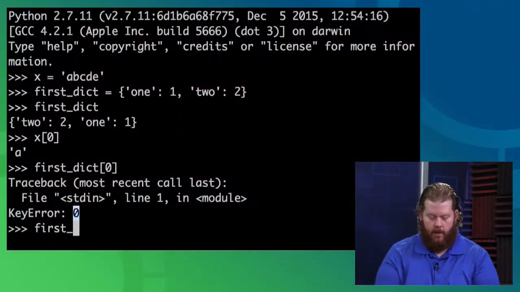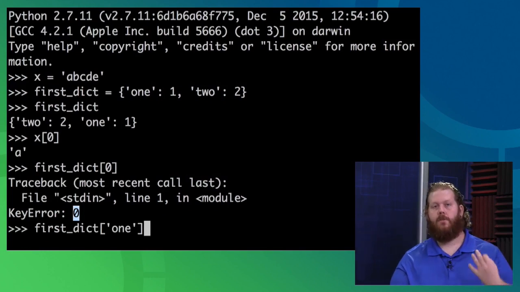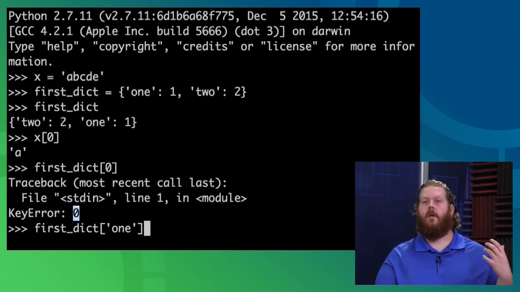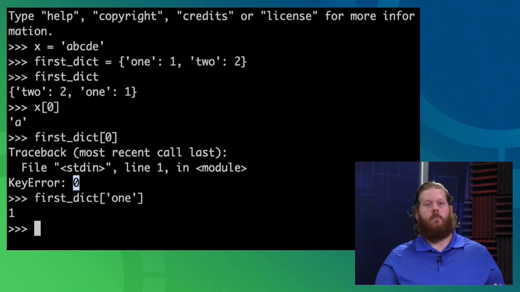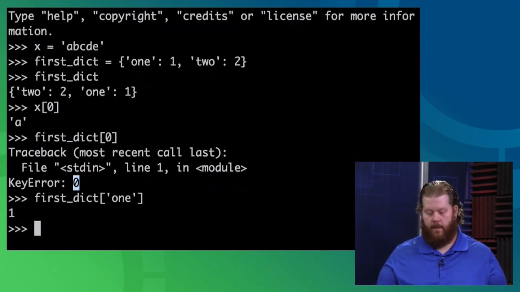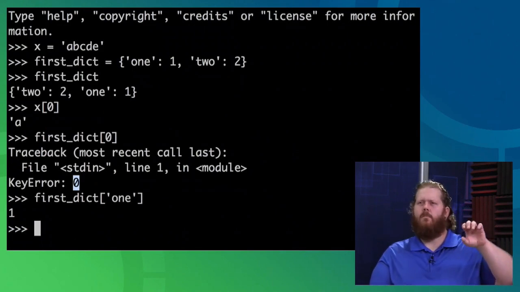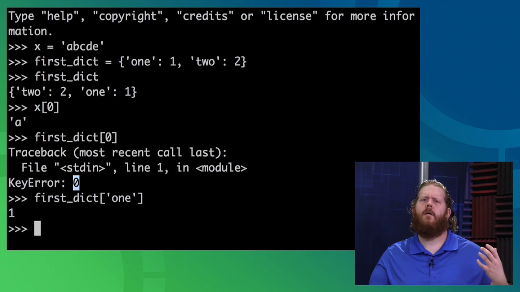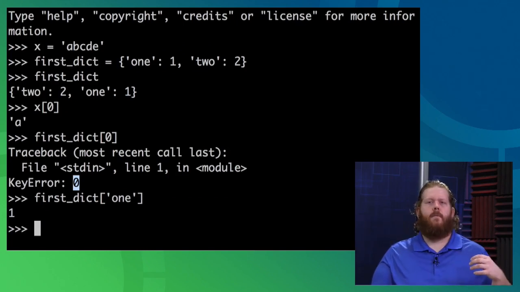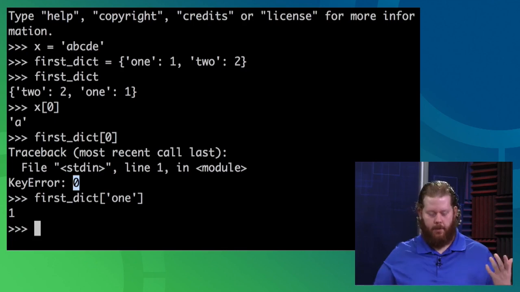Right. Yeah. So how do we actually access these properties within dictionaries? Well, I can say first dict, and if I say find the element associated with the string 1, it goes, well, it is the number 1. So I can create these more intuitive relationships that actually come in handy, and we'll see how this works shortly.